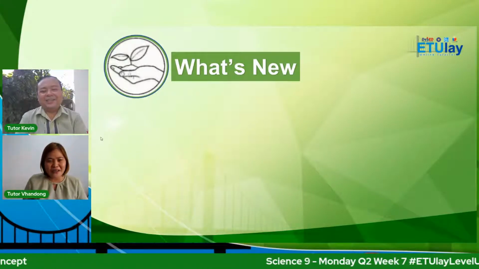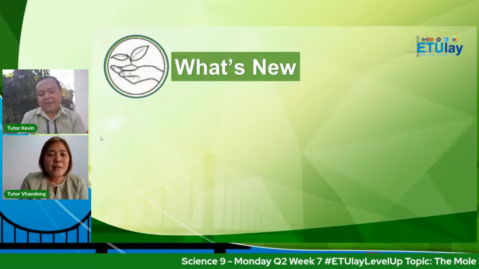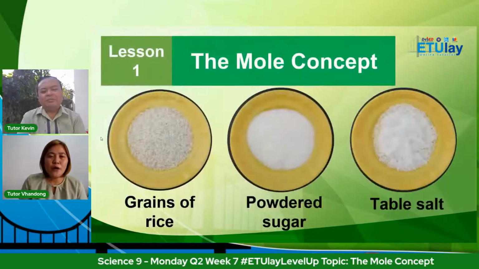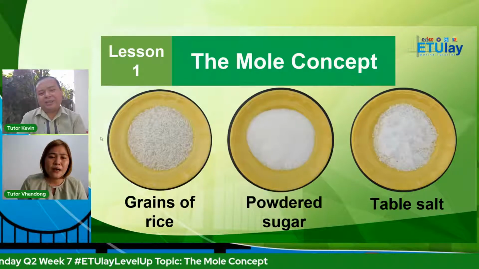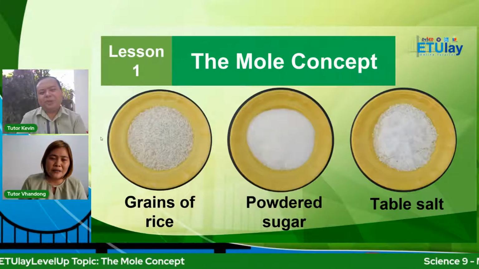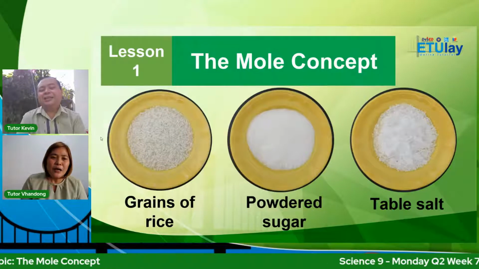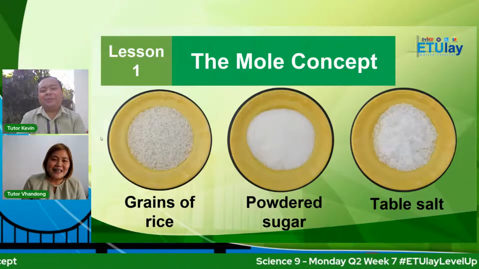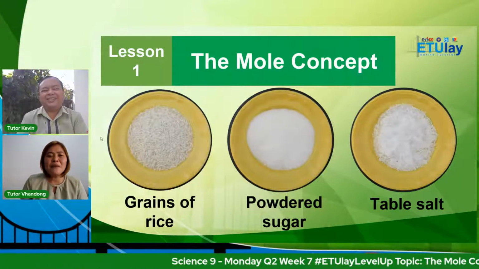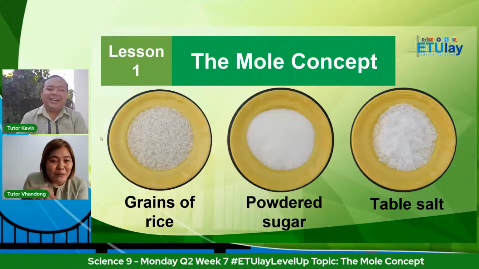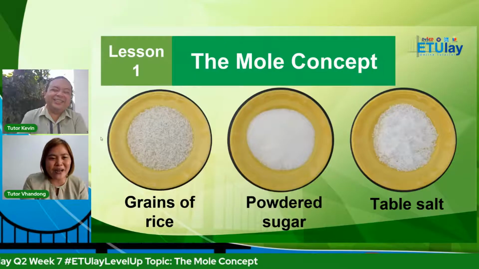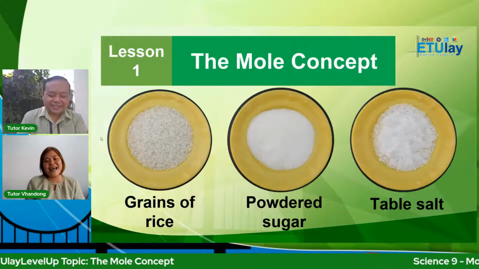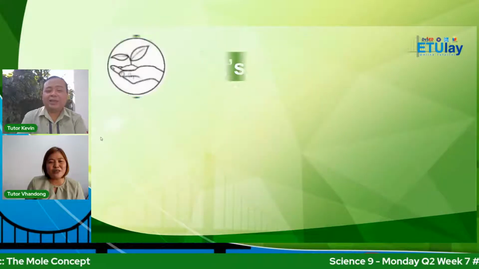Alright. Tutor Kevin, tutor Bandong, kapag bibili ka sa palengke, gumagamit tayo ng iba't ibang unit, like, pabili nga po ng 1 kilong bigas, pabili nga po ng 1/4 na asukal, di ba? Hindi mo naman pwedeng sabihin sa tindahan na pabili nga po ng 1,000 butil, because we cannot count the butil, Tutor Kevin. Isa-isahin natin yung butil na grains of rice. Ayan, meron talagang unit tayong ginagamit.